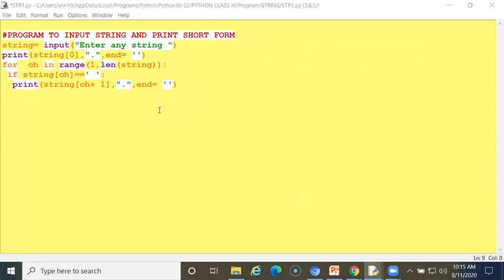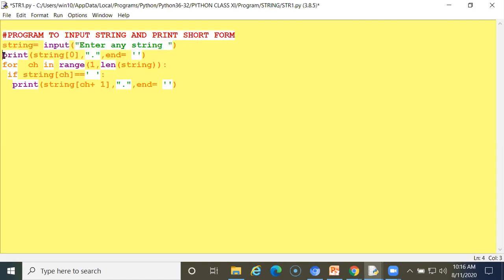Just like, if you are inputting your name, the first character will be printed, like a n. If I am writing my name, n will be printed with this. See, string is a variable which is getting a value. Input, "Enter any string." This line will appear for getting a value. You have to input your name, any word here.